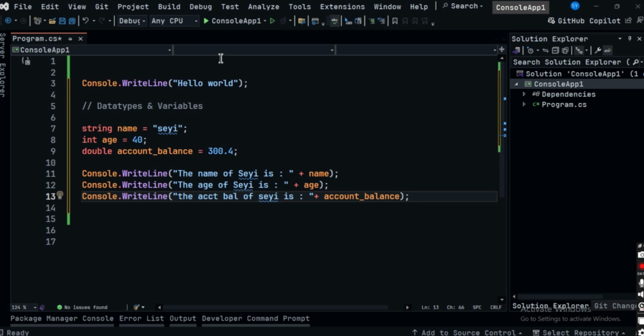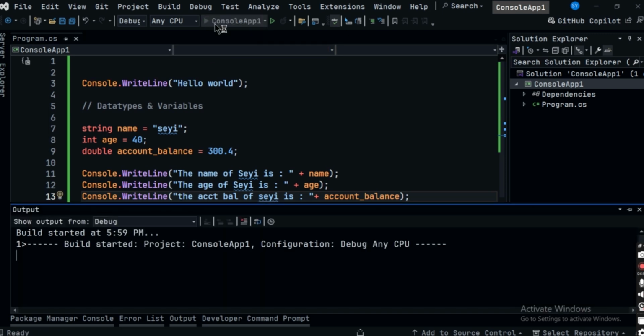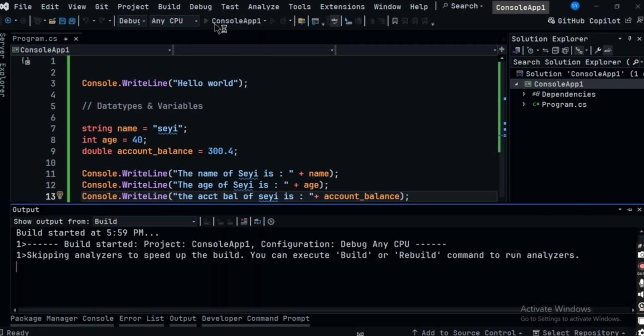Let me go ahead and run this program. Save, then I hit run on the console app, and let's see what it gives us and compile it. So let's leave